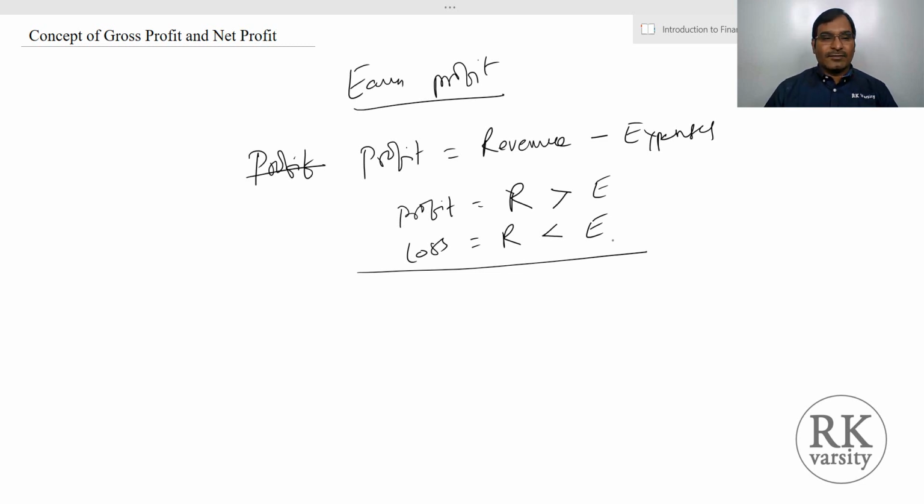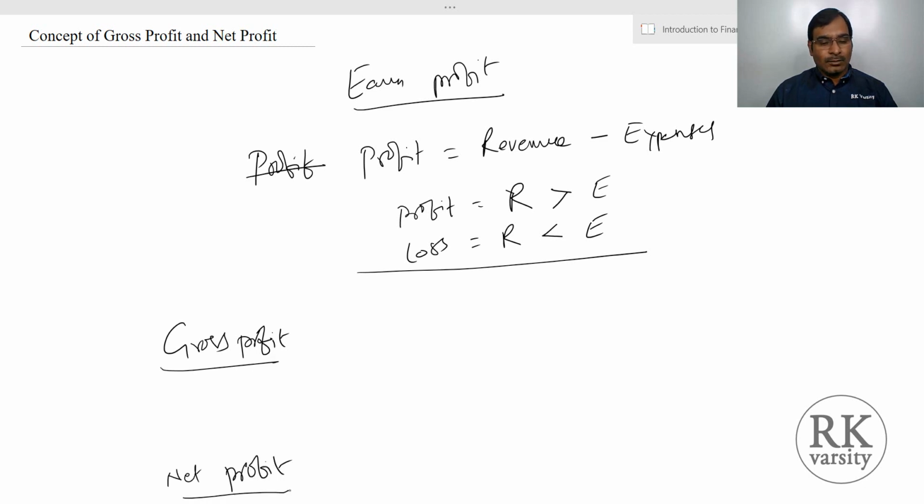So in a business, we define profit into two. One is a gross profit, and the second one is net profit. So gross profit is your revenue in excess of direct expenses. In the sense, if you are a manufacturer manufacturing goods and selling them, then we'll calculate your gross profit as